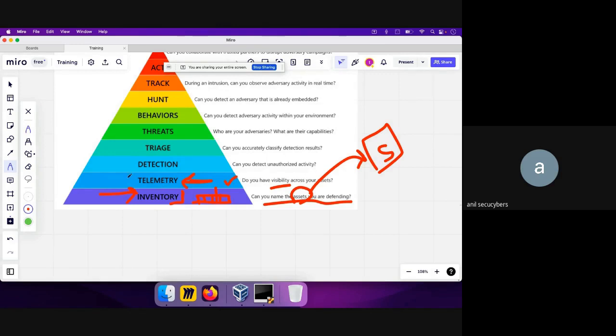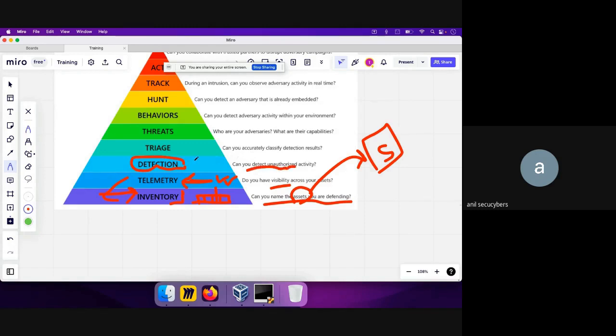So once we have both these things in place, only then will we be able to proceed with detections at a very good scale. And when we say that we have all the logs ready, that doesn't complete the full game. We also need to understand whether we have the skills, even though we have all the logs over here, to detect any kind of unauthorized activities from those logs.